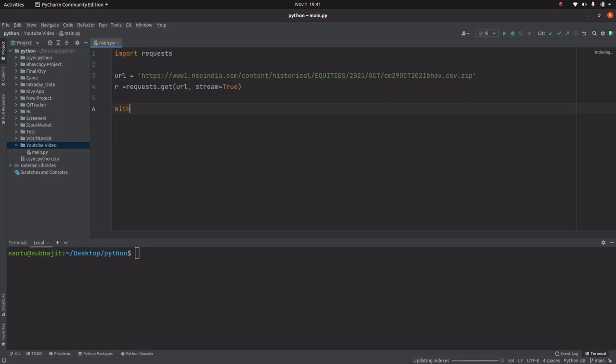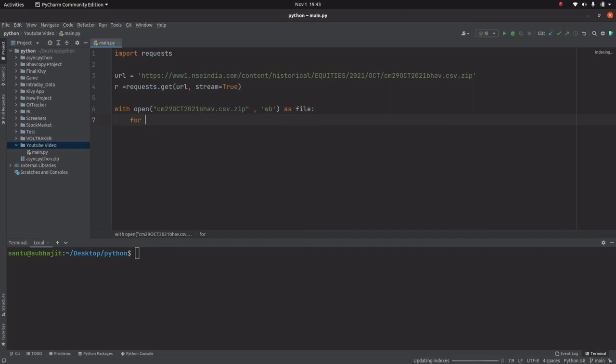So with open, let me provide the file name. So let me copy the file name here and paste it here so that the name should match. And we will open it with the mode of wb as file.